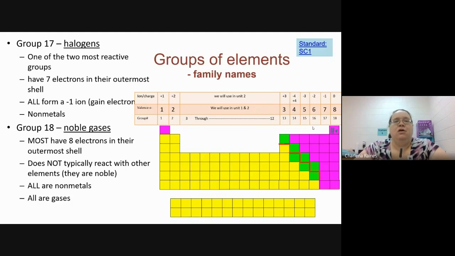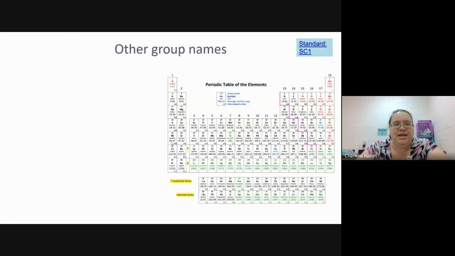So those are our columns. We do have 2 more group names on our periodic table. Oh, and I don't have our actual one that we use in class in front of me, so I can't remember if this is, oh, good, it's on the next slide. So last 2 group names, I don't use these a lot, but they're on our table, so you can actually reference them. The next to bottom row is our lanthanide series, and the very, very bottom row is the actinide